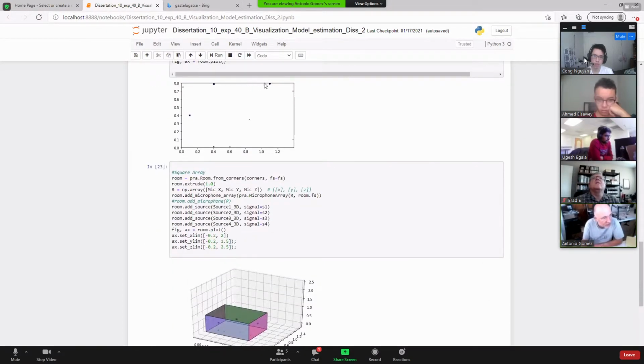I put my speakers and my microphones in place, and I simulate this room to see how it works. Simulating the room means I calculate the room impulse response between these speakers here and each one of the microphones. That's my reference.